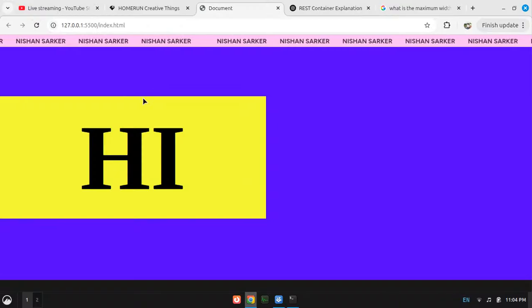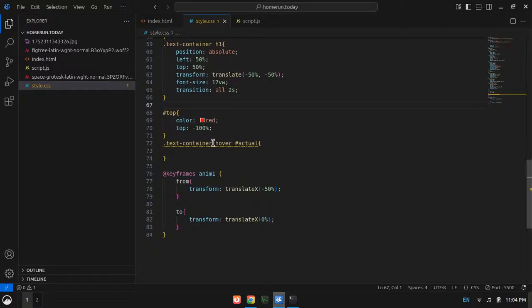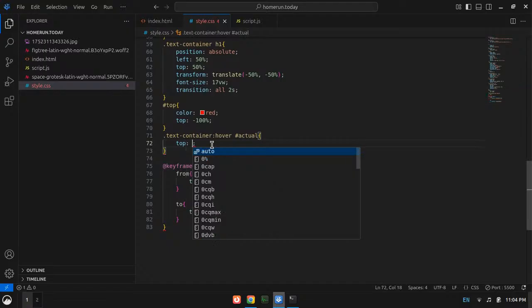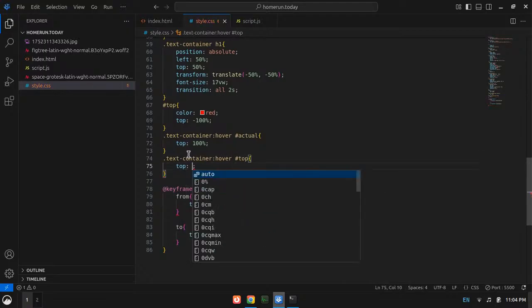Okay, I have actually one thing at the top. So when I hover over the actual, the actual thing should go top 200%. I guess 100% is enough. 100%, and simultaneously the top one should move to top 0.